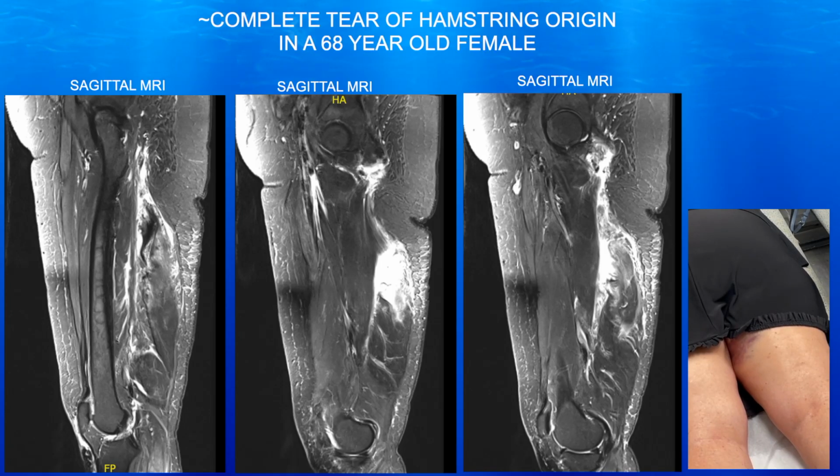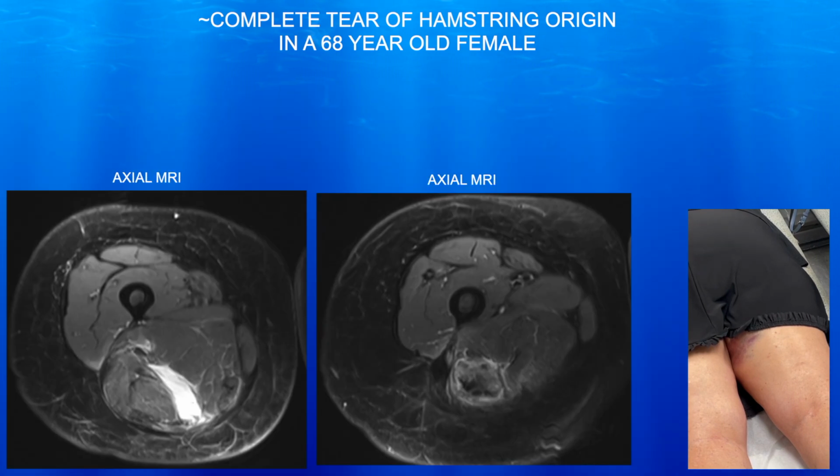Okay, so this is a 68-year-old female. Three days ago, she kind of did a split, stretched out the right hamstring, and she can see she has some ecchymosis and tenderness, mainly at the ischial tuberosity and somewhat distal to that. She has some ecchymosis in the proximal medial musculature. We're just going to go ahead and do an ultrasound to really look at the tendon attachment on the